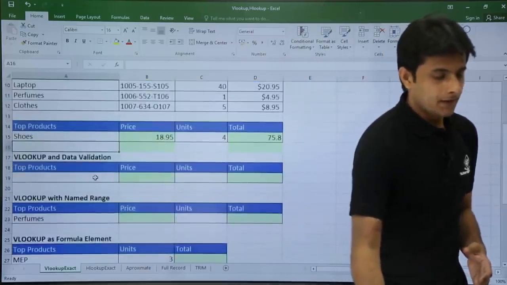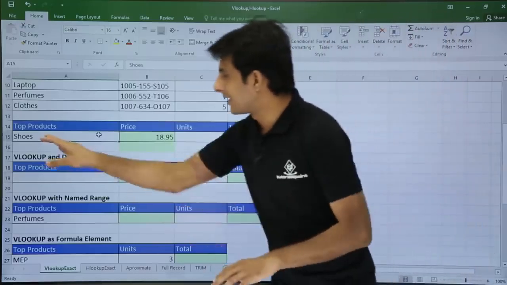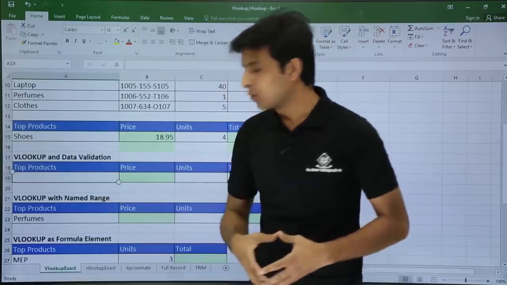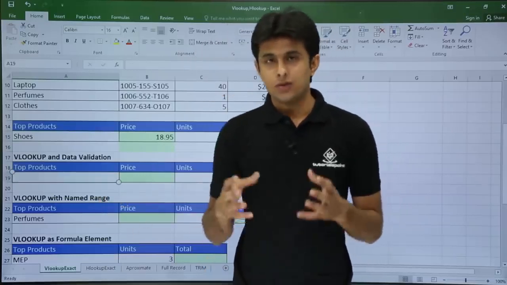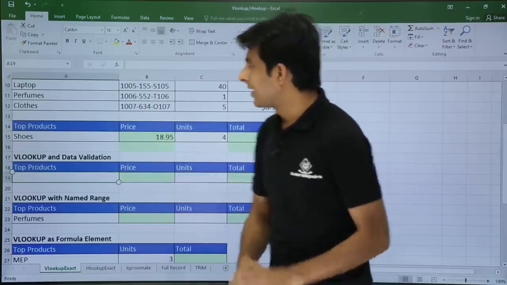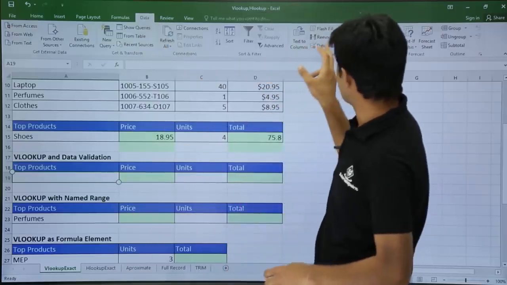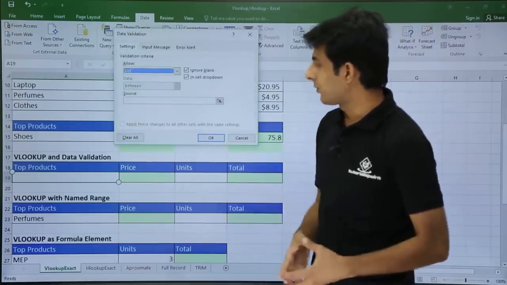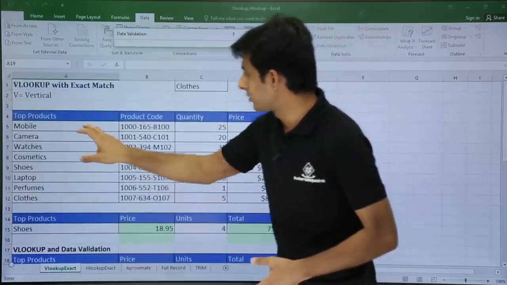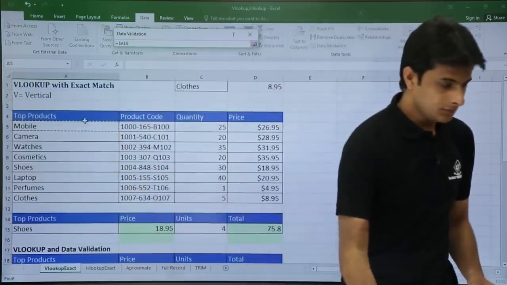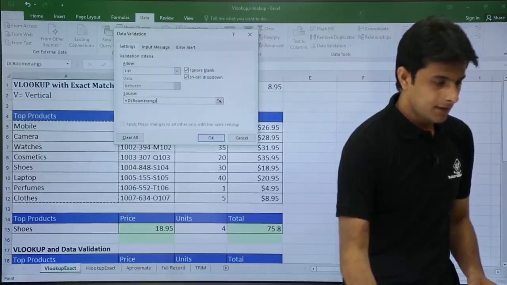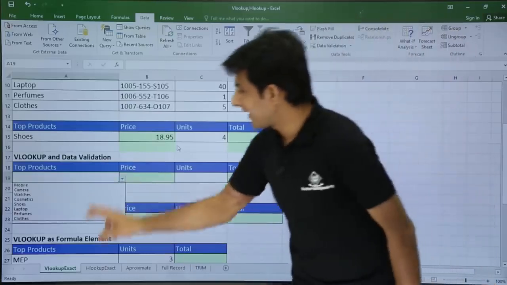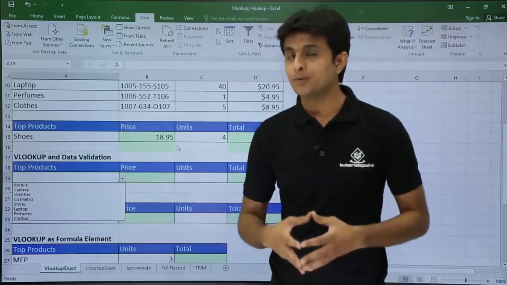Let's see one more. Every time I have to go and type the name, let's say shoes, laptops and everything. So what if I create a drop down list in this cell? Then it will be easy to work with. So I'll create a drop down list in this cell. How do we create it? It's in the Data tab. I have this Data Validation. I'll select List. In this list, I want the items which are printed here, the data. And I'll click on OK. So what has happened is, if I click on this drop down, you see those are the items I've got. So now my work becomes very easy.